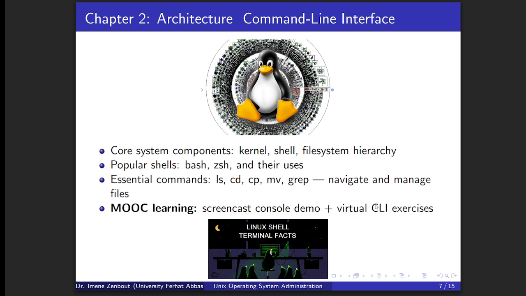It will be a screencast console demo, like a workshop on how we use command lines and the terminal of these small green penguins, so that you can work on your own PCs. As for the exercises, it will be a virtual environment